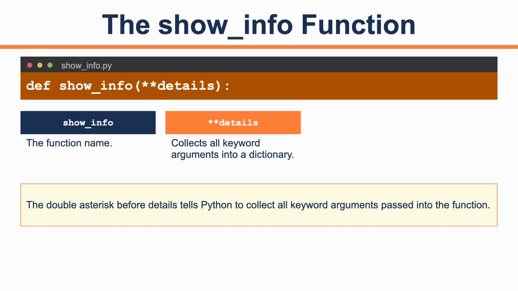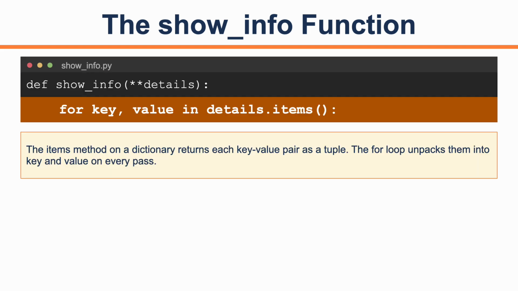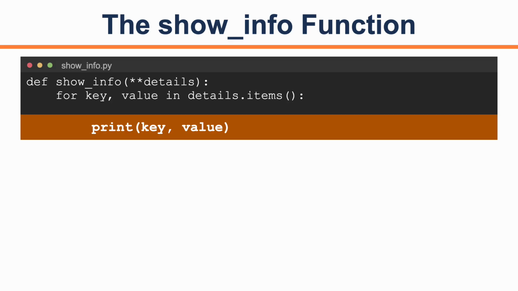The function showInfo uses **kwargs to collect its inputs. The double asterisk before details tells Python to take all keyword arguments passed to the function and store them together in a dictionary called details. The items method on the dictionary returns each key value pair one at a time as a small tuple. The for loop then unpacks each pair into a separate key variable and a separate value variable on every pass. Each iteration prints the key and value together on one line. This runs once for every key value pair stored in the dictionary, working through each entry until all of them